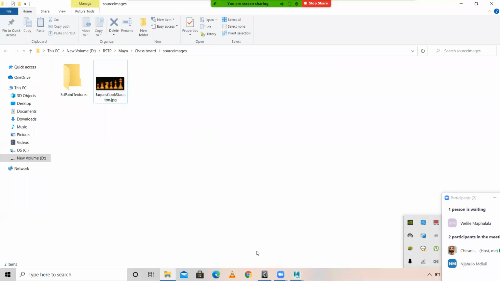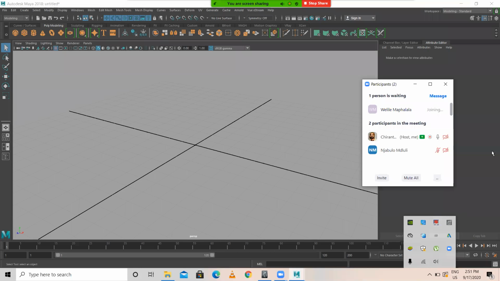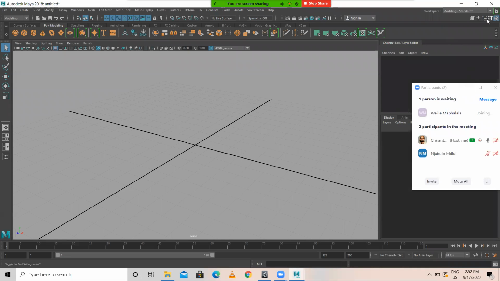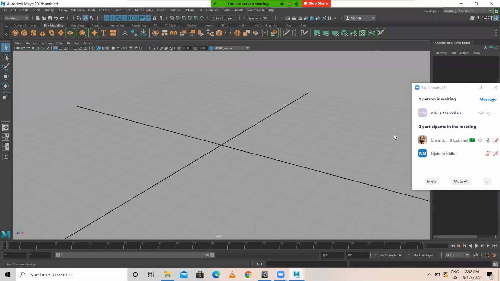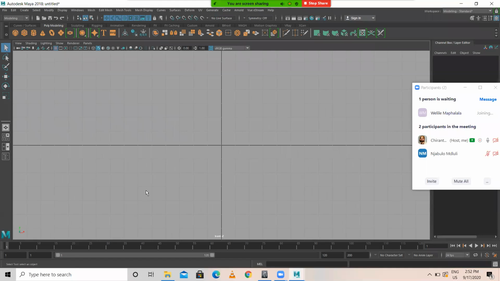Now what I'll do, I'll come to Maya. I'm in Maya. Anyhow, the project folder has been created. Here, come to front view.